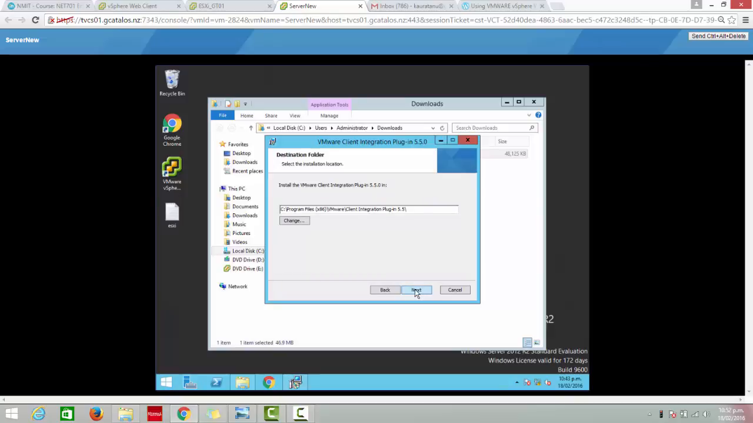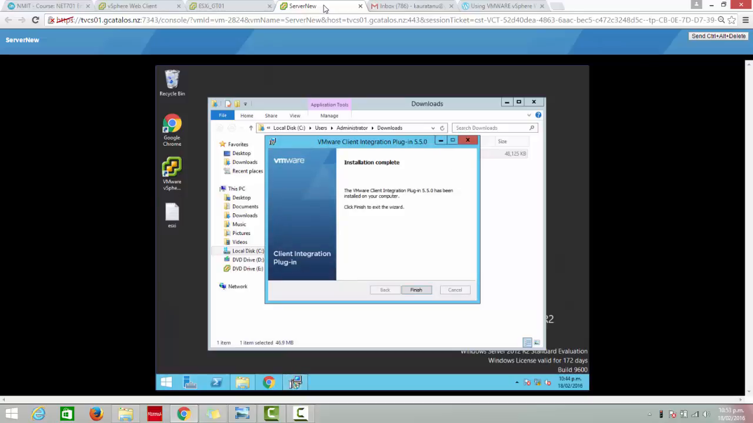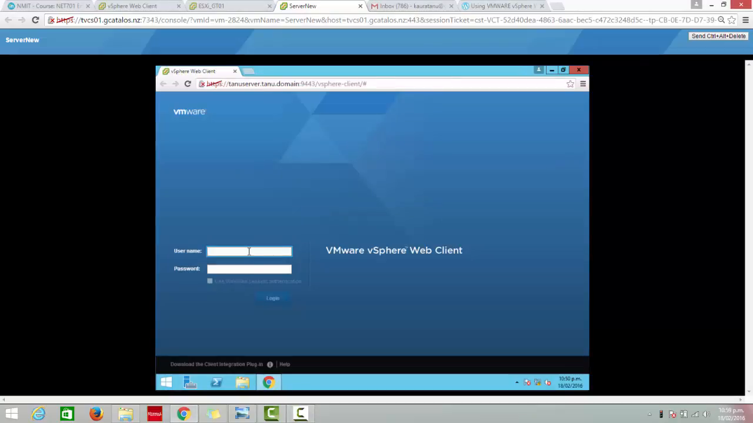Here we can see the installation. Now it's installing. Finish. In this way we can install it. Now we will log into our web client through the administrator at vsphere.local, and we will give the password. This is the single sign-on actually. So log into it